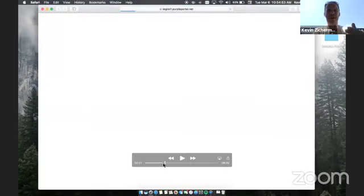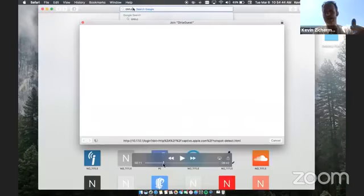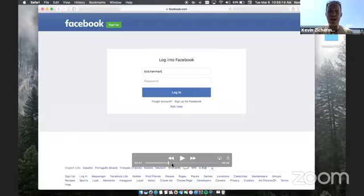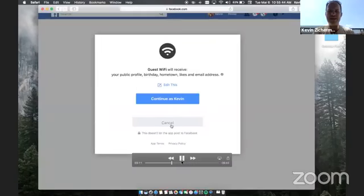but I get these pop-ups that happen in the background. I had to close that pop-up. I get back to the terms and conditions. I log into Facebook. You'll notice right over here that it is guest Wi-Fi. It's not even a custom app. It is completely generic. It is not really 100% white label, because you'll see in a second